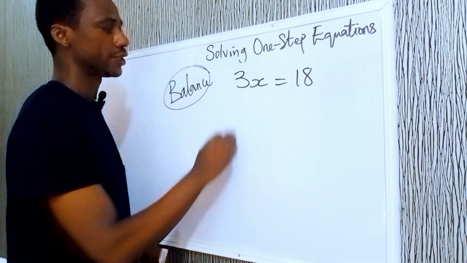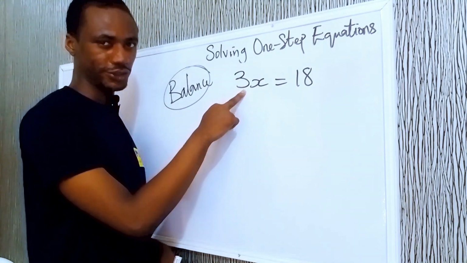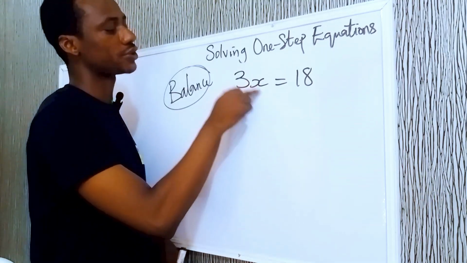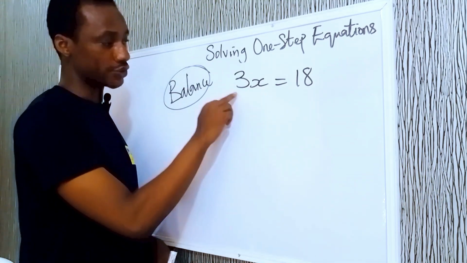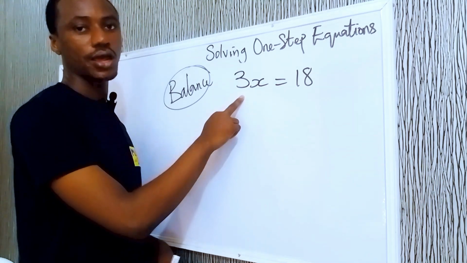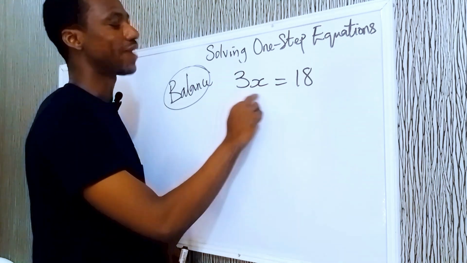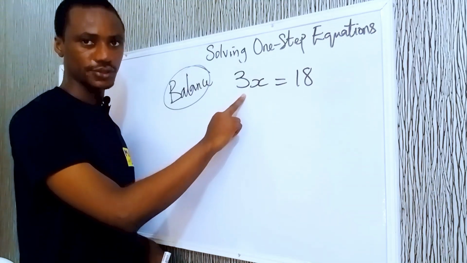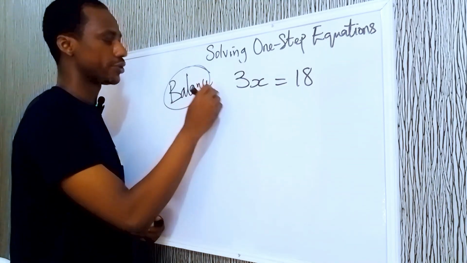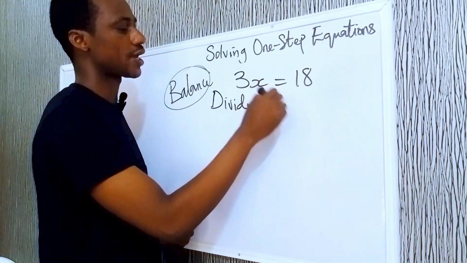both sides. And here, because we have a multiplication, a coefficient, right? A number multiplying the variable is called the coefficient. So for us to eliminate this coefficient, so that we have only x or just one x, we have to divide both sides by the coefficient. So the procedure will be divide both sides